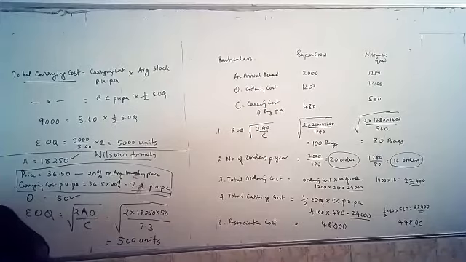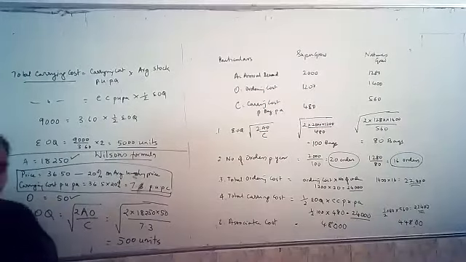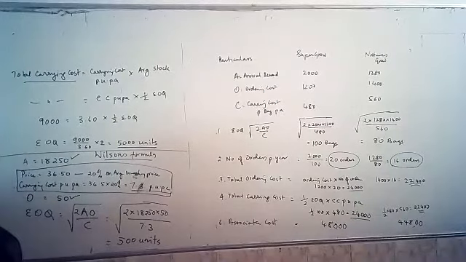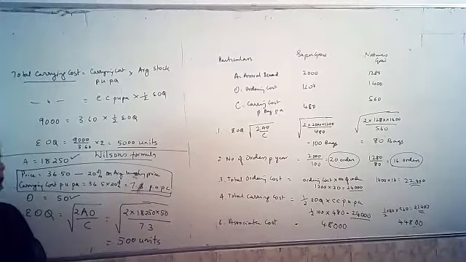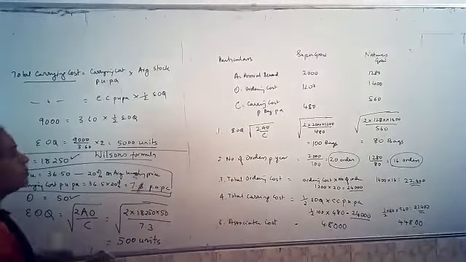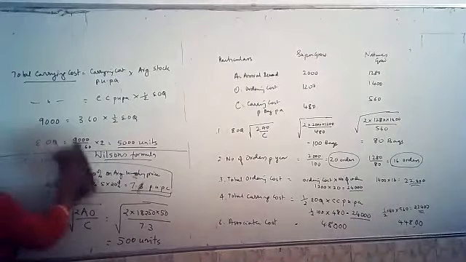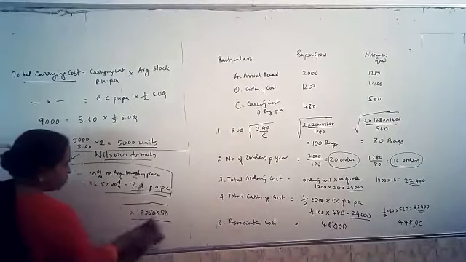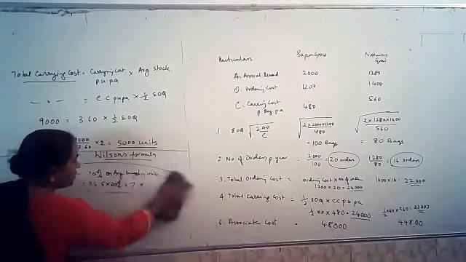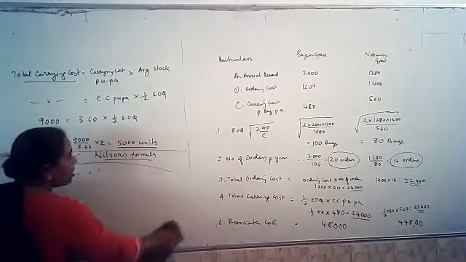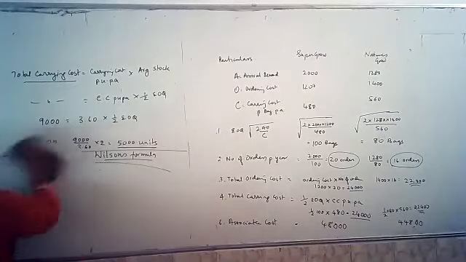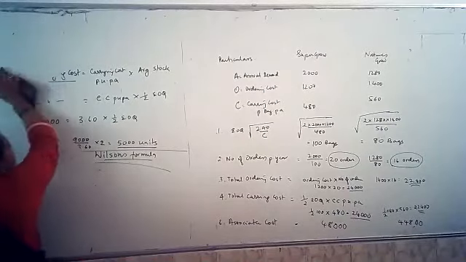So let's calculate the annual requirement first. We do not know the annual requirement in this. They have just given the number of units of the product we manufacture. What is the number which we need to manufacture, but they have not given how many units of raw material we will need for the year.